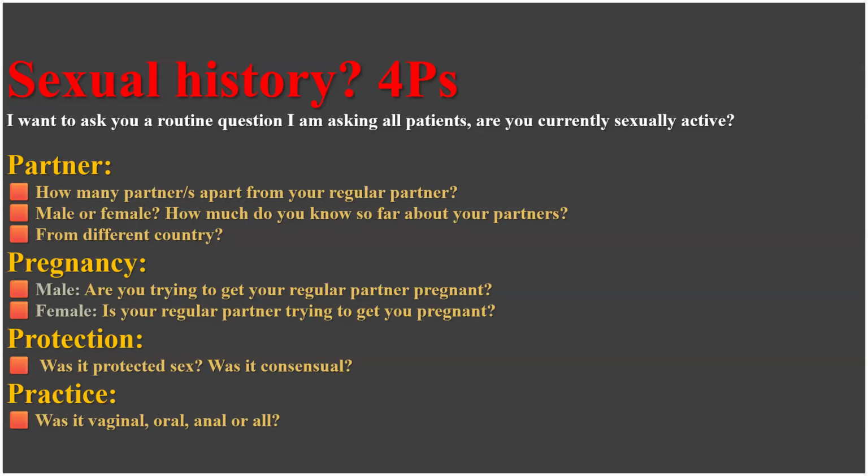Associated symptoms, do you need to ask all associated symptoms? No. Genitourinary and GIT are more than enough. So the questions of urine symptoms, the questions of genital symptoms, the questions of GIT. Done. Then jump to sexual history. No need to ask about the risk factors, you can ask for them. Okay?